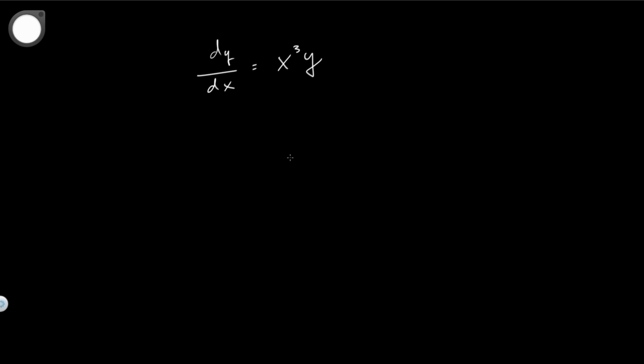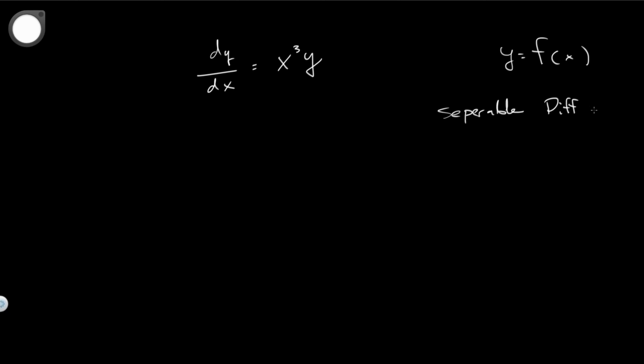How do we find all the functions y equals f of x that satisfy this equation? So that when I plug it in, I get the derivative of this function is equal to x cubed times the function itself. And the way we do this is possible because this equation is a separable